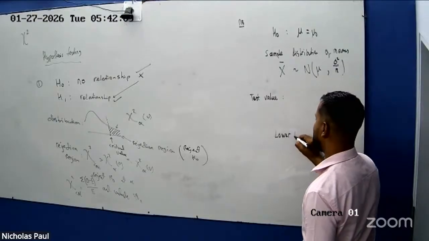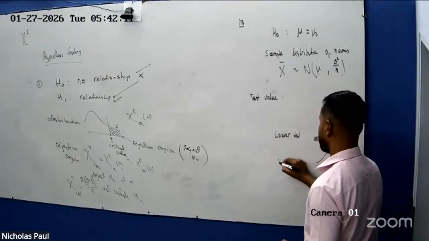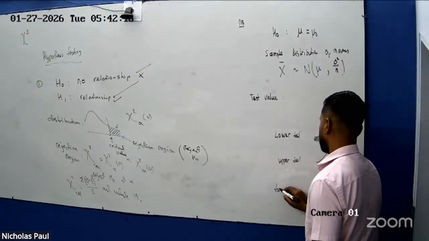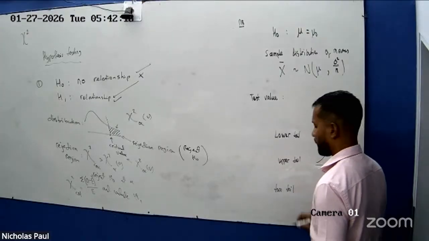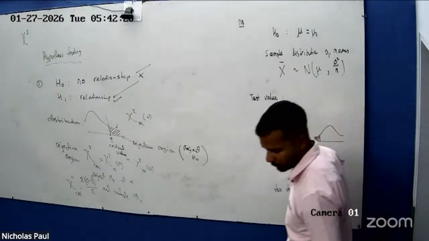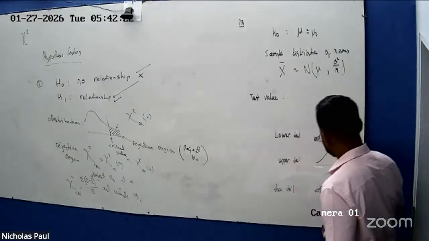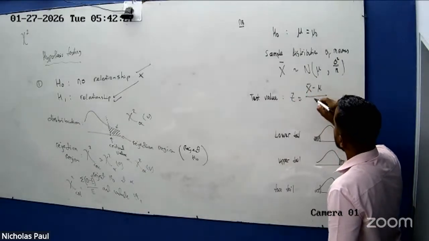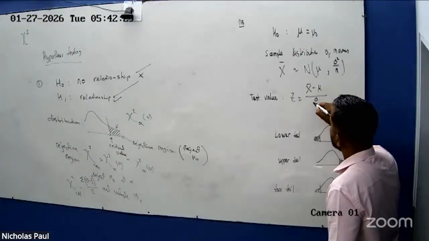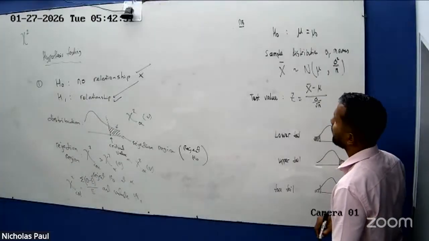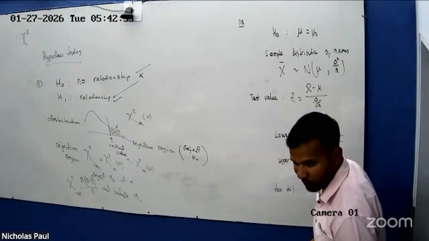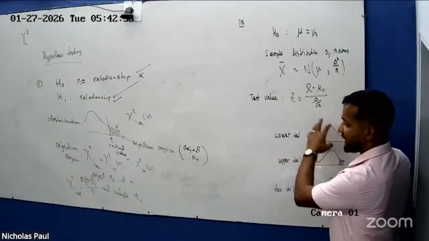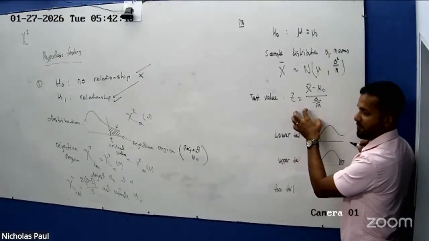You don't have to tell them lower tail or upper tail. So what's here? Just like how you had a formula for chi-squared, you have a formula for the test